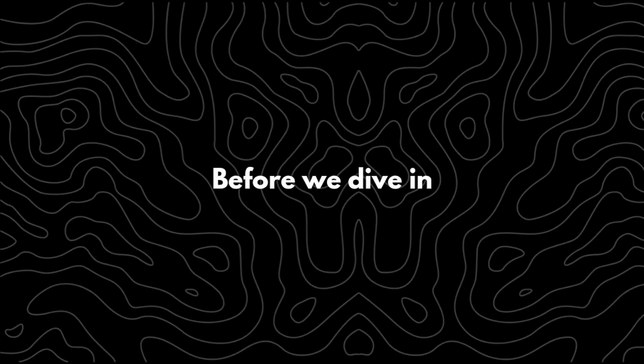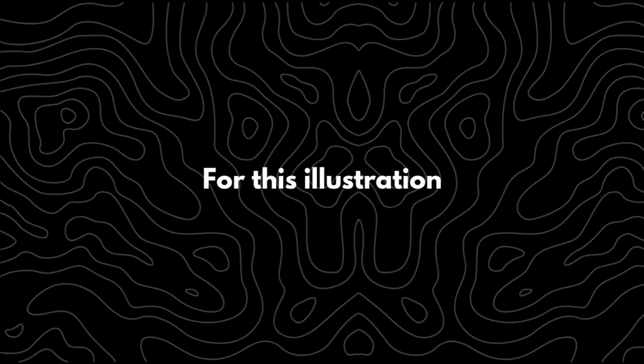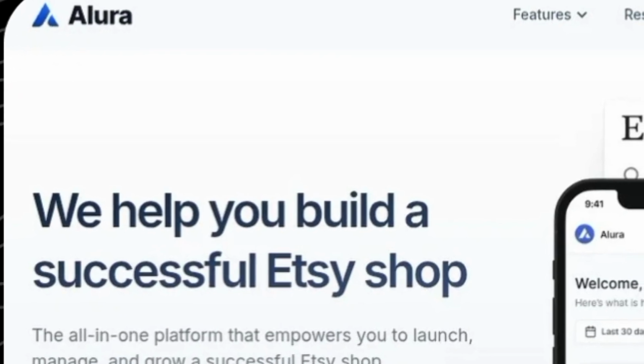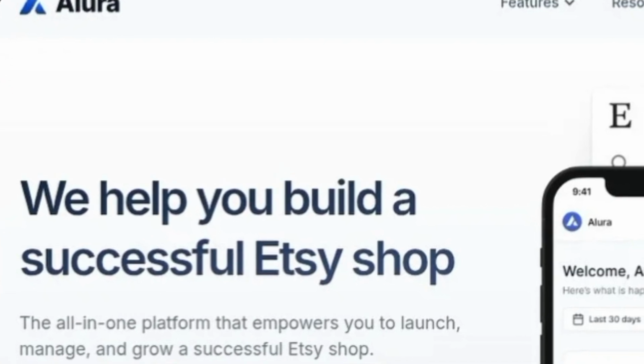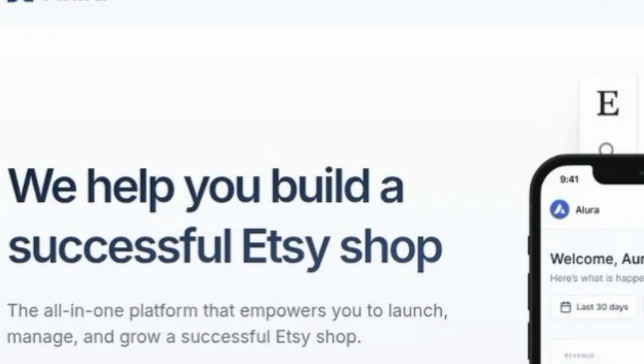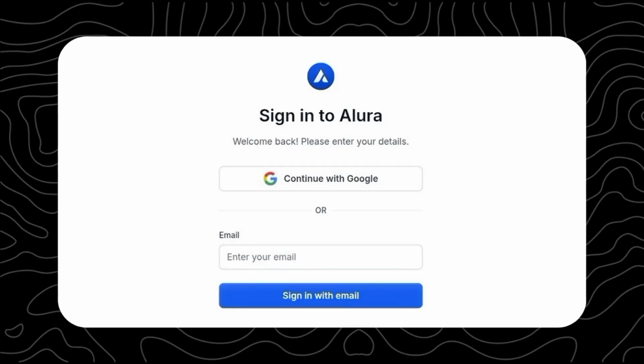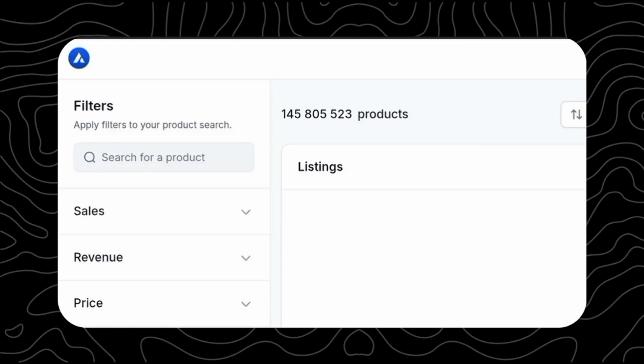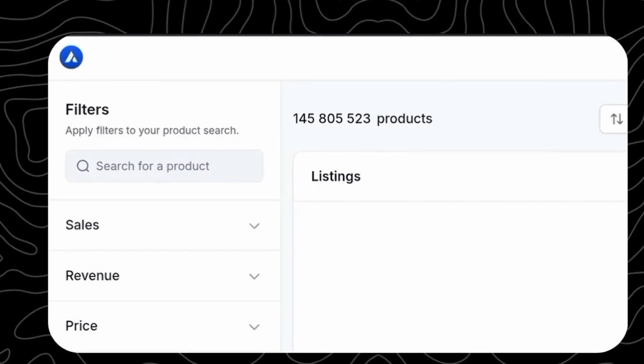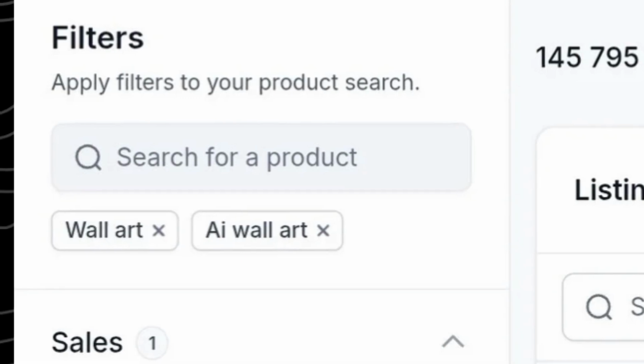Before we dive in, we need to understand what kind of product has the potential to sell quickly. For this illustration, I'll be using Alura, a powerful tool that makes it easy to analyze popular marketplaces like Etsy for profitable products. Once I've created my account, I'll click on Research and select Product. Since I already have an idea of selling wall art designs, I'll type in wall art and AI wall art